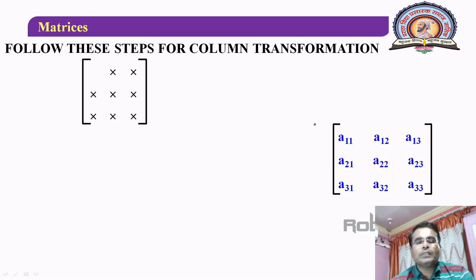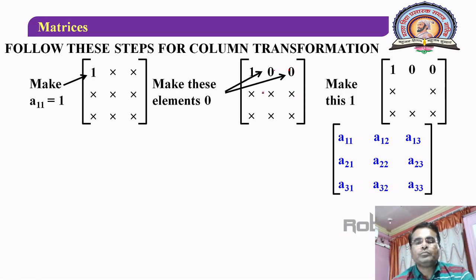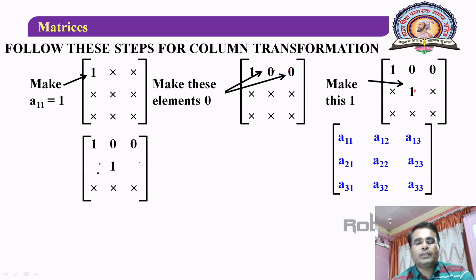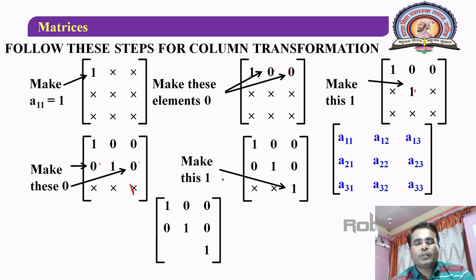So see, in the first step, make the first element as 1. In the next step you have to reduce this element and this element to 0. See here, make these elements 0. In the next step, make this element 1. See here, this element 1. In the next step, this and this element reduced to 0. In the next step, make this element 1 here, and in the last step reduce all elements above